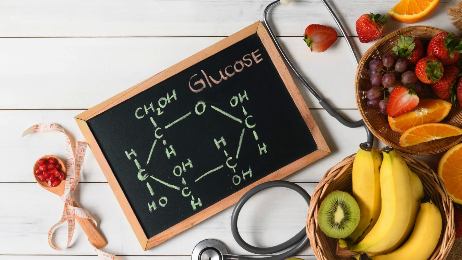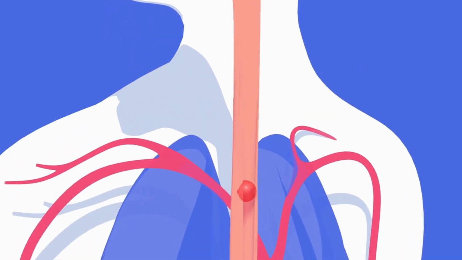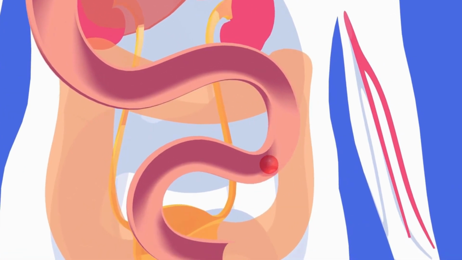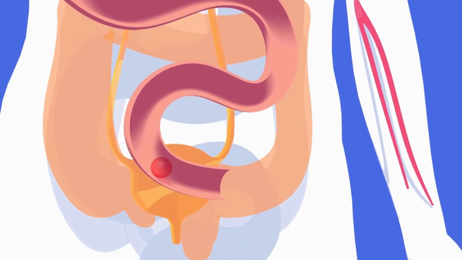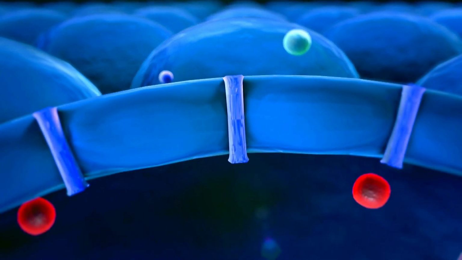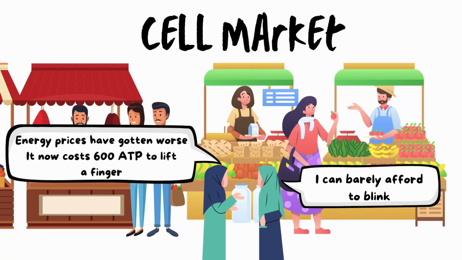So what is glucose? Glucose is a sugar that the body gets from the food that we eat. The food that we take in is digested, and then the nutrients are absorbed into the body to make energy. The body takes the glucose from the food that we eat and turns it into ATP, adenosine triphosphate. ATP is like the cell currency. It's the money that cells will use to transact their businesses, and their business being performing their functions. So ATP is the energy that the cells will use to maintain their functions.